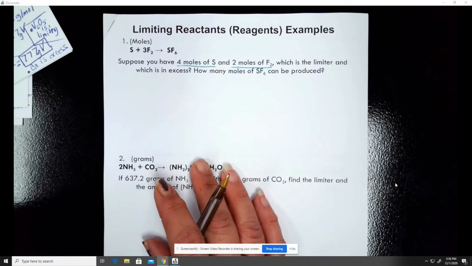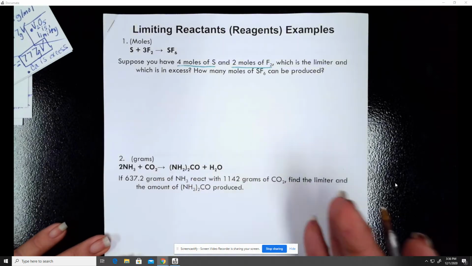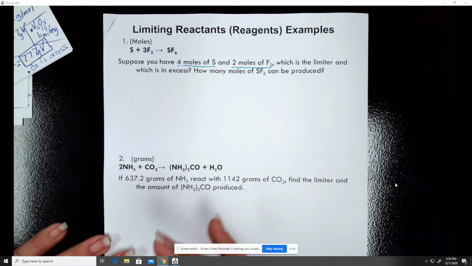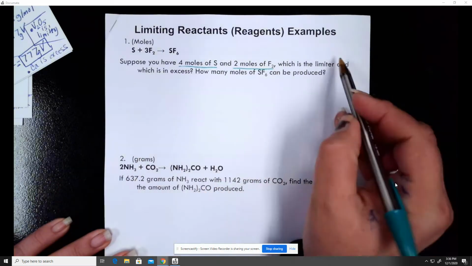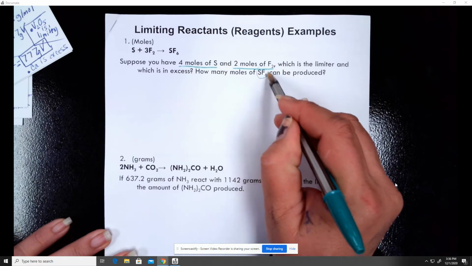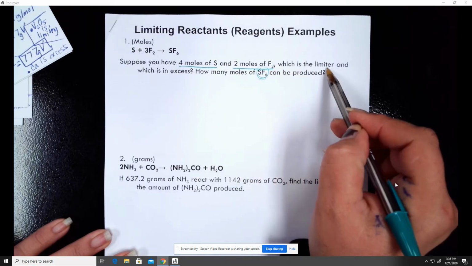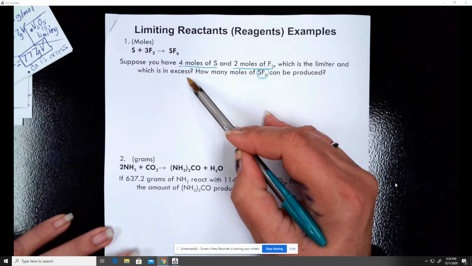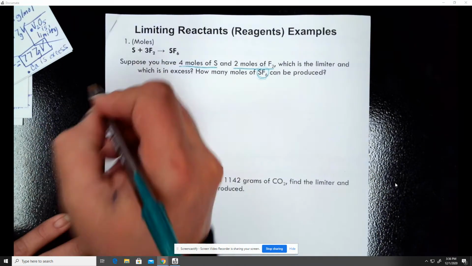And there's a couple different ways that you can do this. Edpuzzle showed you a different way than what I normally teach it, so we're going to go ahead and do that Edpuzzle way. Our end goal is we want to know how much of the SF6 we can produce. It all depends on which one is our limiter and which one is our excess. So we are going to take 4 moles of S,